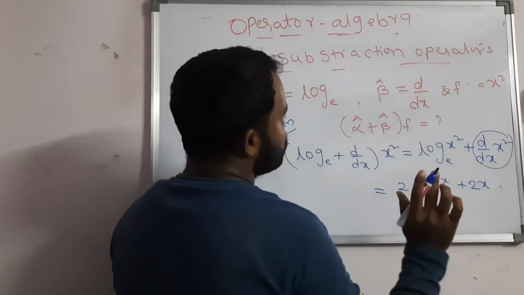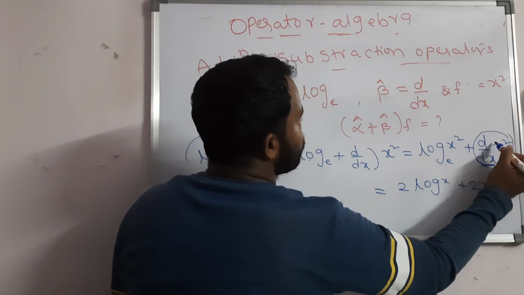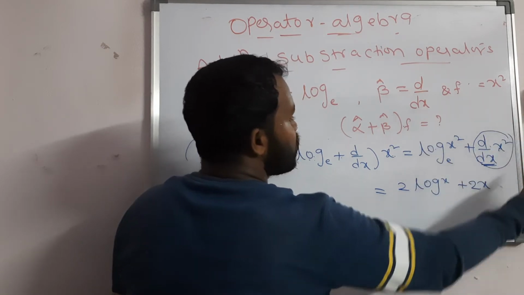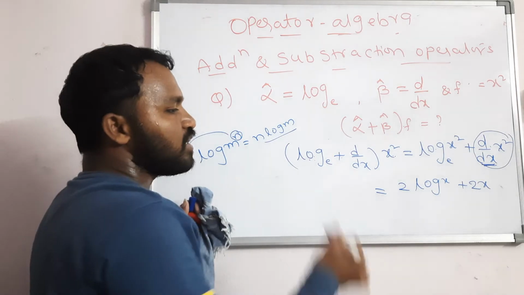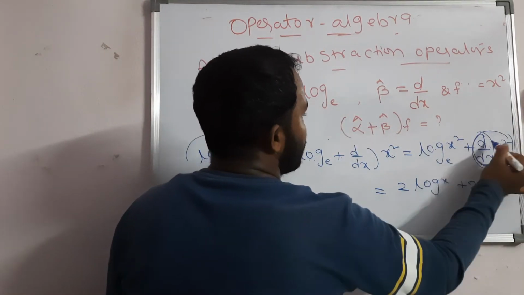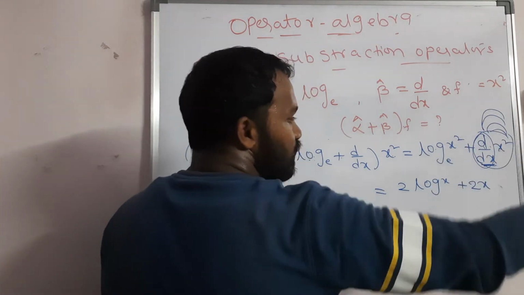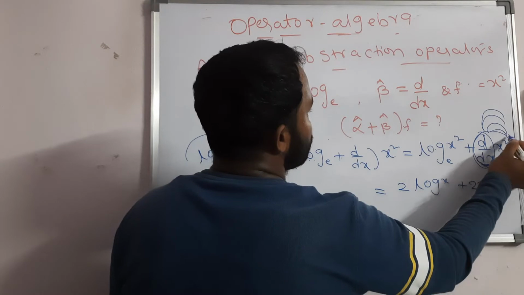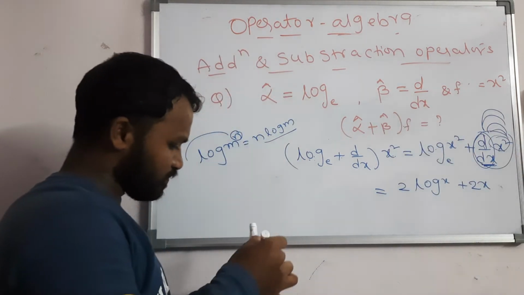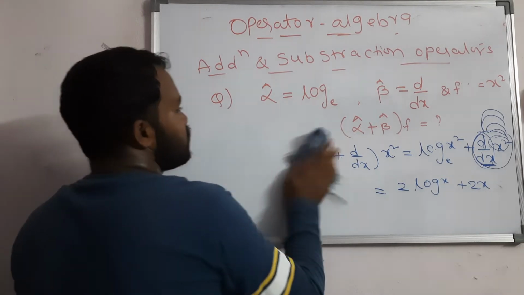You should just remember, whenever d by dx is there, the functions on the left side are there. Those functions you should differentiate. The right side is what? Always the right side is x square, 3x square, whatever is there, you should do the differentiation for this. So this is the general first formula for this first problem.